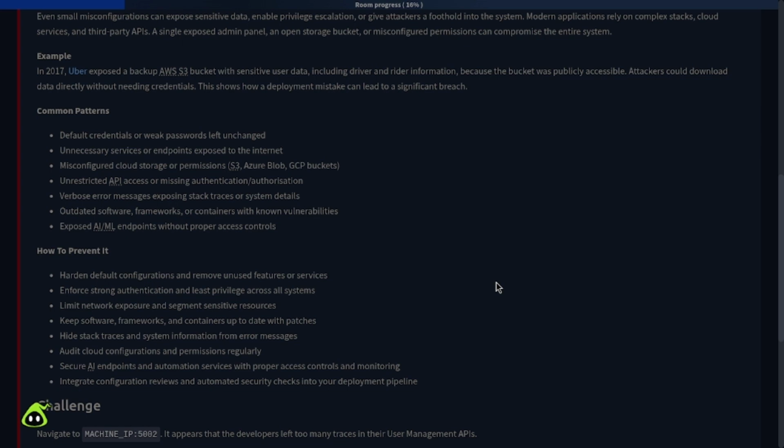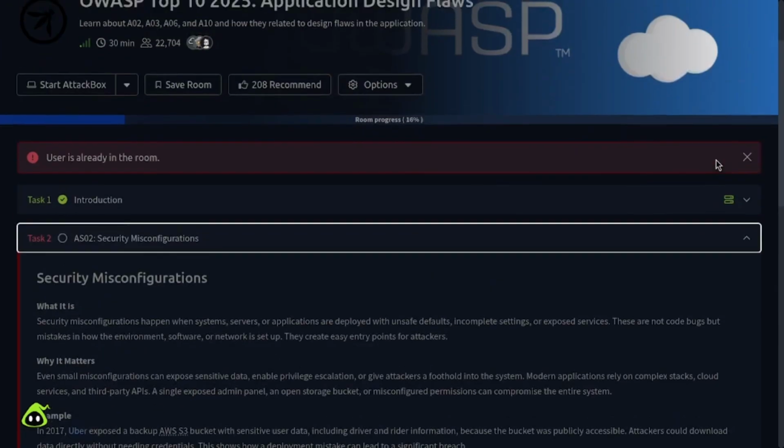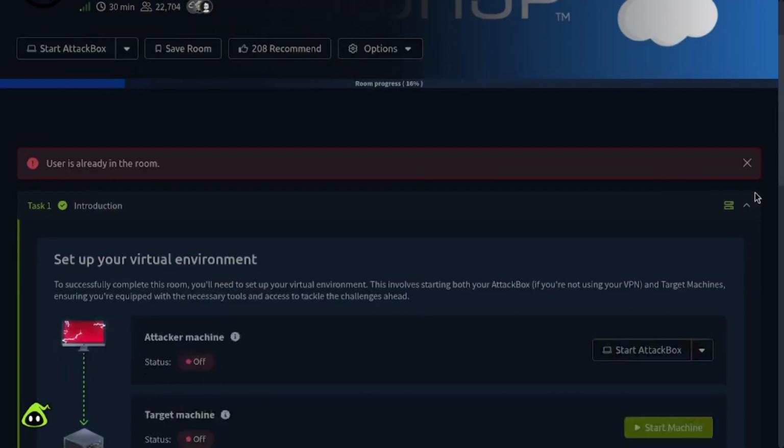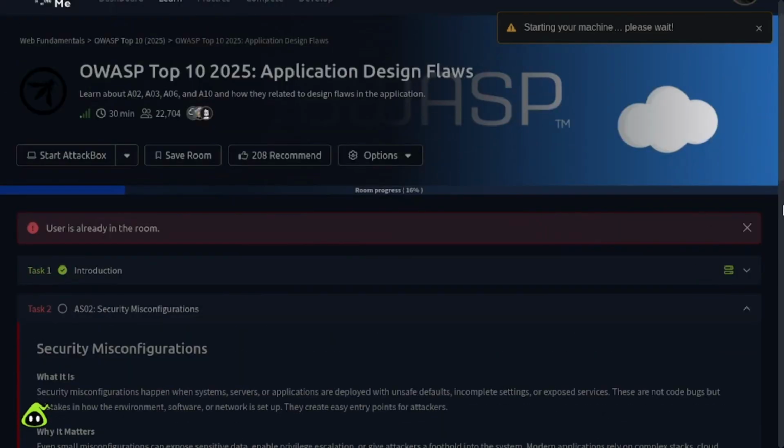So we need to integrate configuration, and as such we are given a machine IP to navigate to. Okay, so we're going to start this machine. It's going to start up,